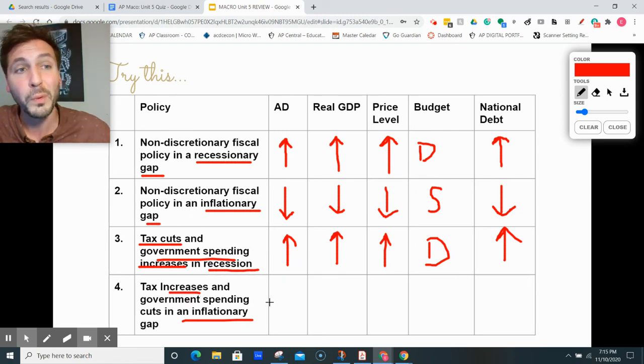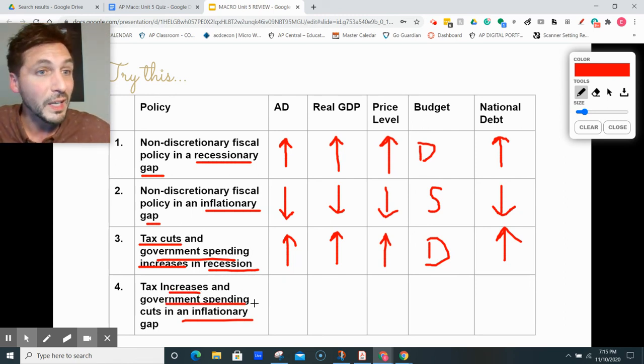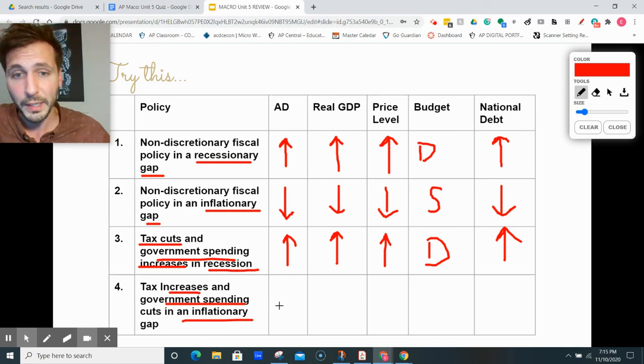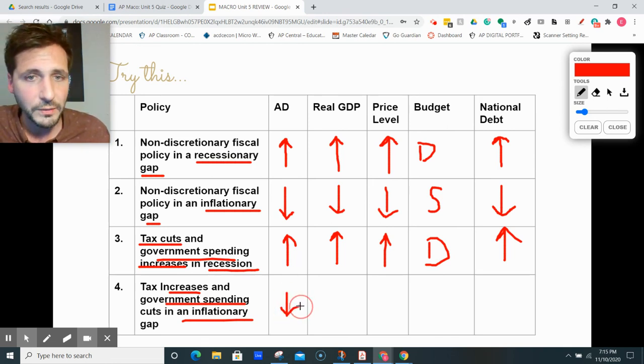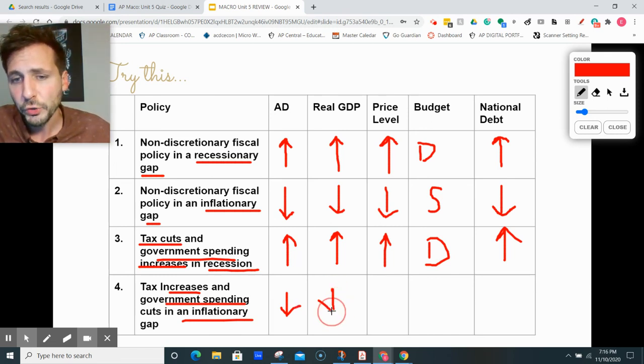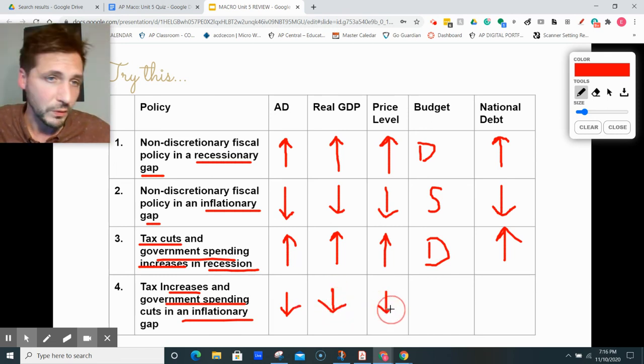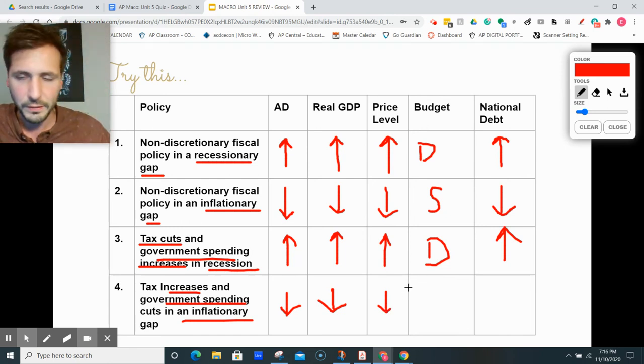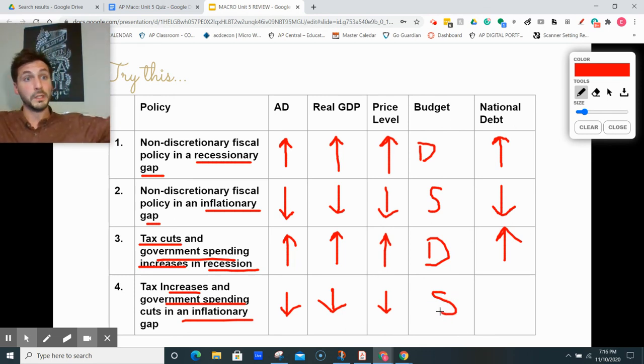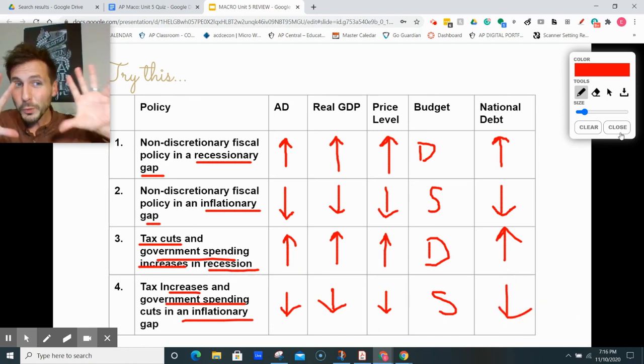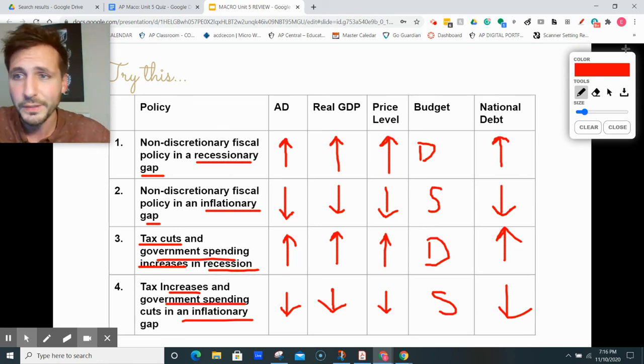Final one, contractionary fiscal policy is the opposite. When taxes go up, more money is coming in, and government spending cuts means less money is going out. This has a contractionary effect. The C and the G of C, I, G, and NX are falling. Real GDP falls along with that. Price level falls, although price level is actually sticky, but we'll get to that later. And as a result, we create a surplus as more money is coming in and less money is going out. And that surplus helps us pay down national debt. Okay, if you got that, you're good to go on this concept.